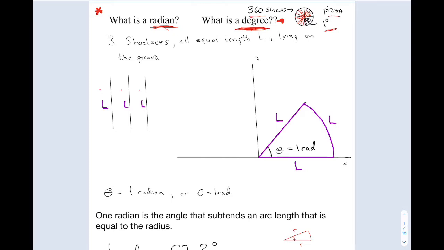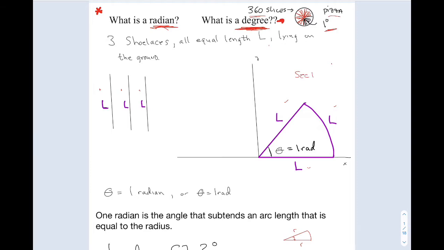Let's say I have 3 shoelaces. Okay, I have 2 pairs of shoes. I'm going to take off the shoelaces, so I'm going to use 3 of them for now. They're all equal length, L, and I'm going to lay them on the floor. Okay, so this will be a top view. So I'm going to put one here. There's one there. There's one there. And I'm going to